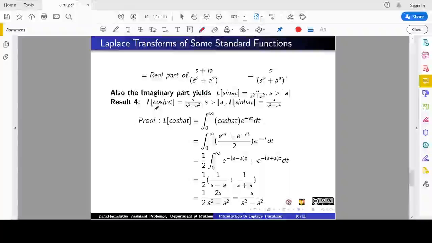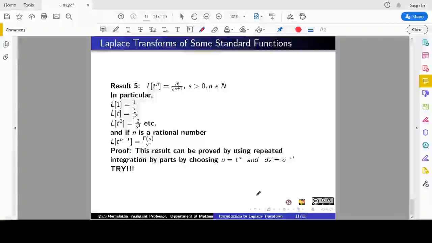The fourth one is hyperbolic cos and sine. The same way we write, but here we cannot write it as a real or imaginary part. So we replace cosh at by the known formula of exponentials and then recombine and split the integrals. Here I have skipped the steps because this integral is to be done in the usual previous result formats, and you will be ending up in this result and this result also. If you take the LCM and simplify, this is going to be your answer.